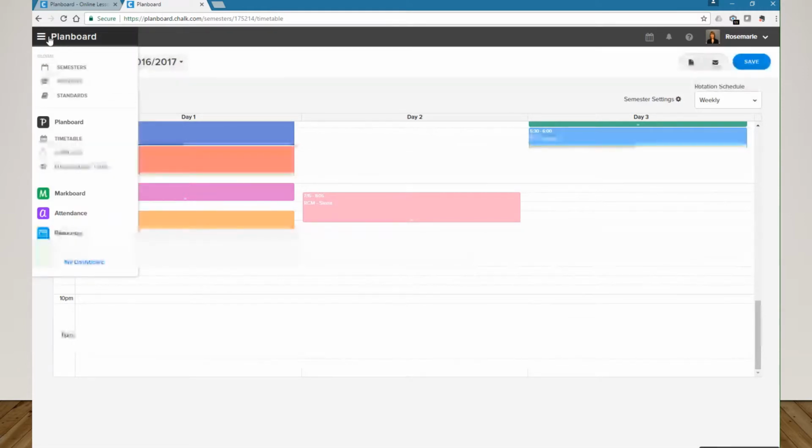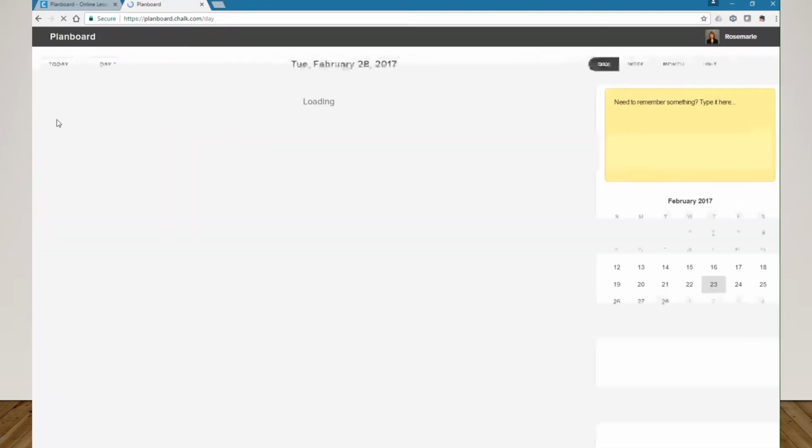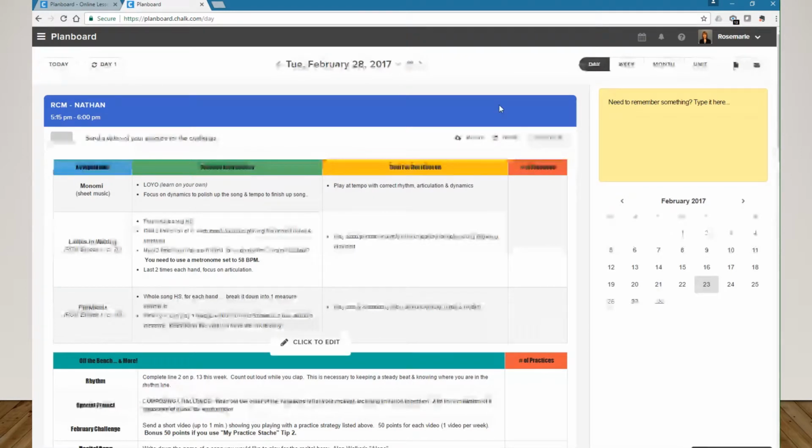So in terms of setting it up, that's a little bit of an overview. The Planboard is what I use all the time. I use it every day that I teach, and then also on my prep days. So, okay, we'll go with the 28th, which is next week. I actually